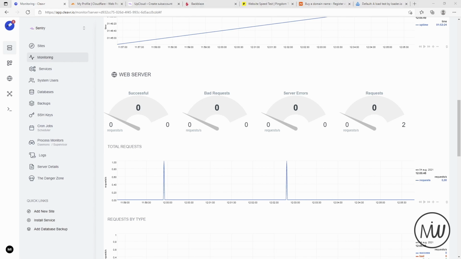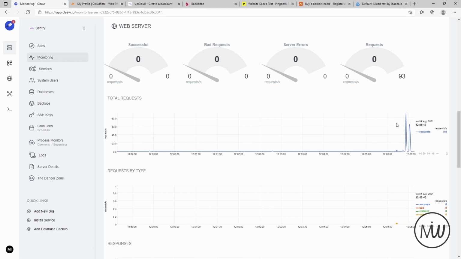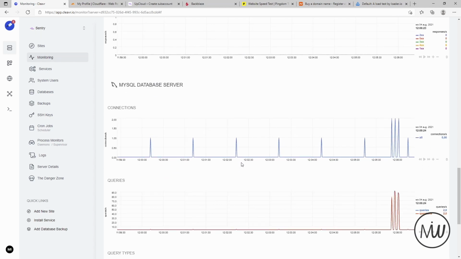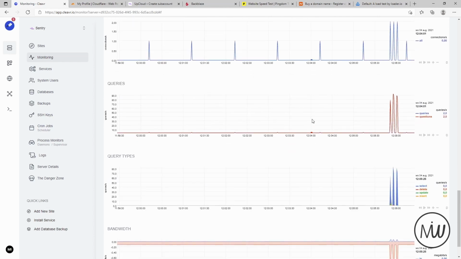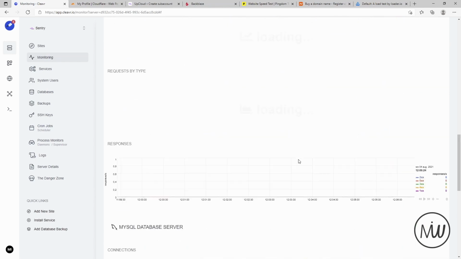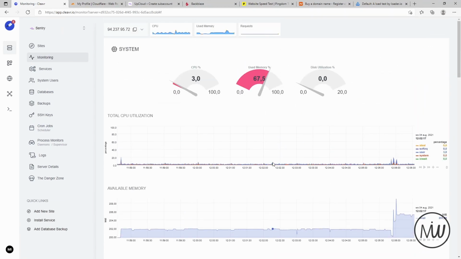really interesting. So if I would be visiting the site, I will be seeing a request, and there you are. I just visited the site in another browser, and you can see a couple of requests came in. Interesting to see. Furthermore, you can also see the connections to MySQL, the queries, and so forth. So it's pretty nice to see all these details, so you can have an eye on how your server is